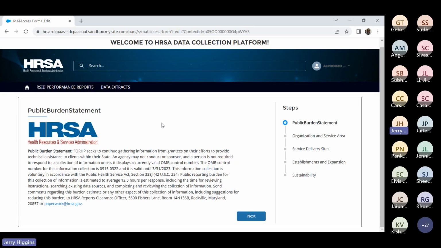So Form 1 opens up to the public burden statement. In the public burden statement, there are 2 key pieces of information. One is the OMB control number, which is listed there, and the other one is the expiration date of the OMB control number. To the right of the public burden statement, we have the steps section,